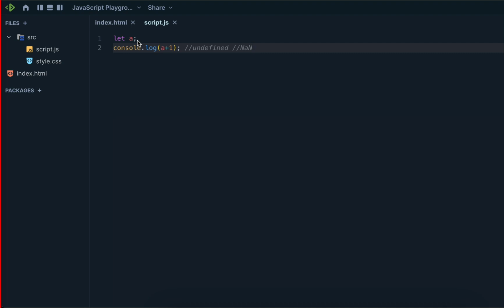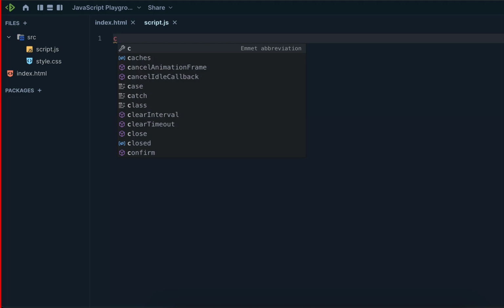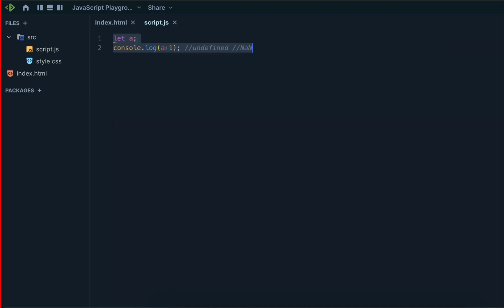Okay. So Yuvraj: Sir, how does it become NaN? Okay, for the let a we can say it's undefined, because we haven't initialized the value. But when you try an arithmetic operation with undefined plus 1, it will give NaN, not a number.